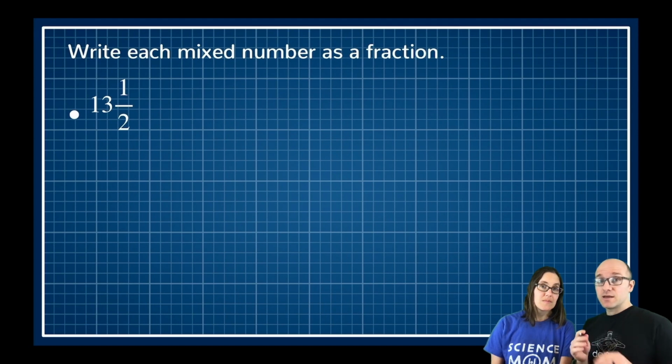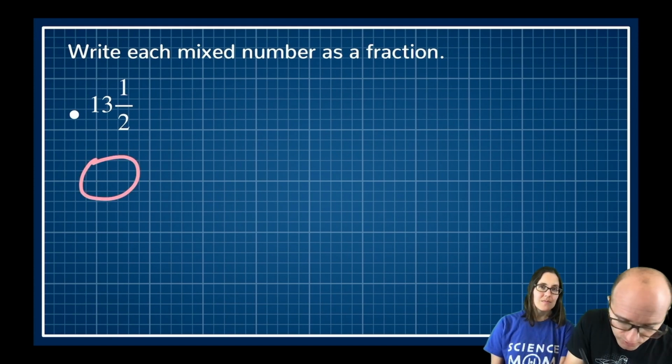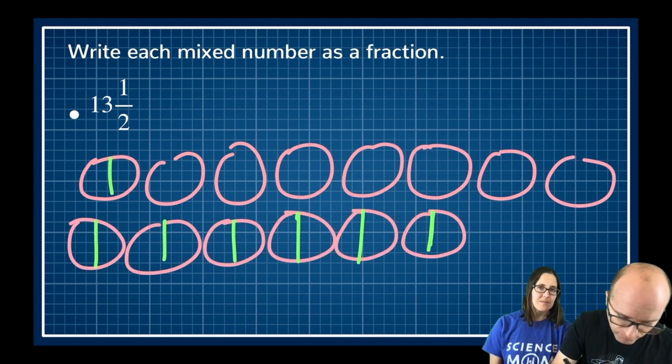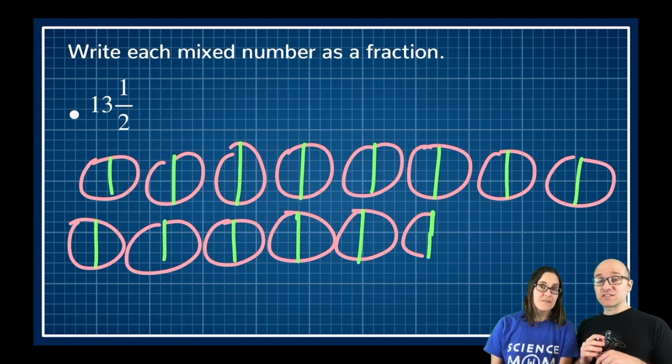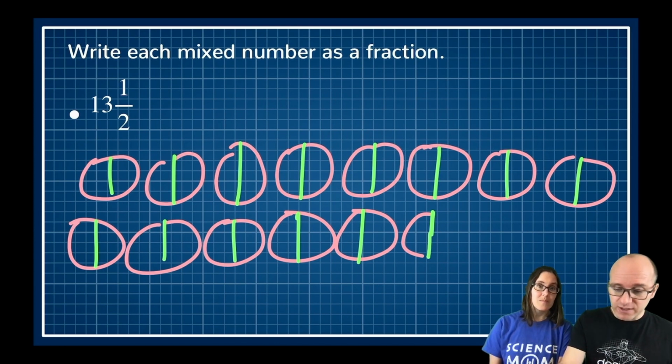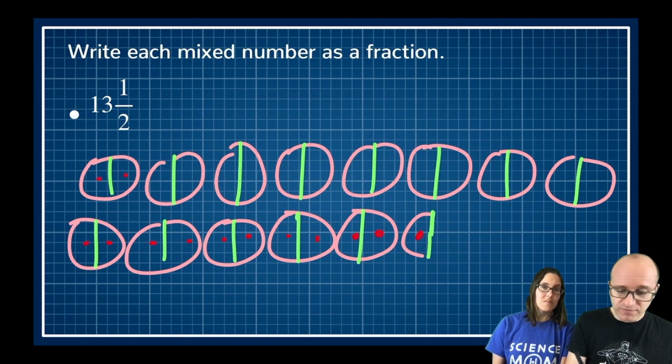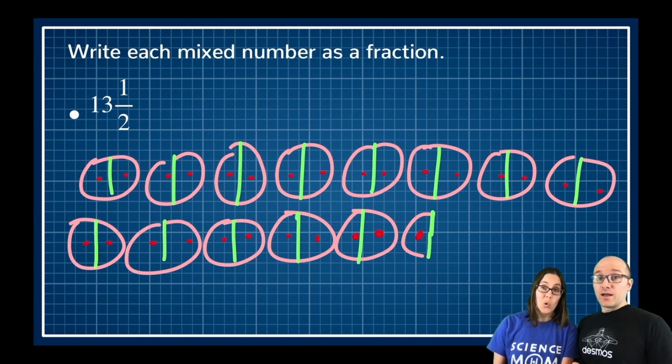All right, so to convert a mixed number to a fraction, we could try to think of the picture visually. So going back to our pizzas, we've got 13 whole pizzas plus half of a pizza. Let's draw that out. There we are. I've drawn 13 and a half pizzas, and we could ask ourselves, well, how many half pizzas are there? We could count it up one at a time here. So we get 1, 2, 3, and so on up to 27. That's a lot of half pizzas.